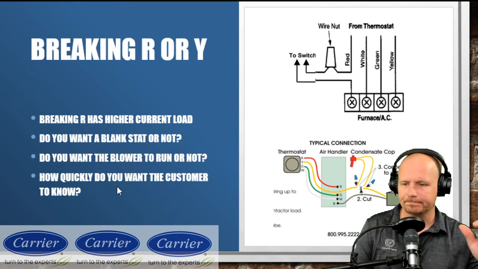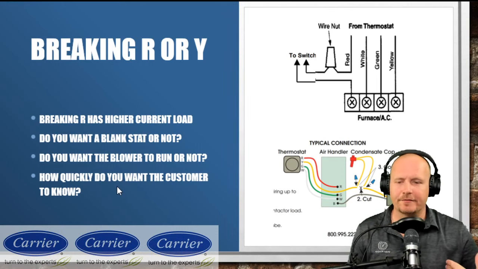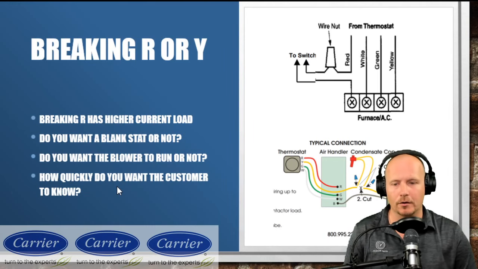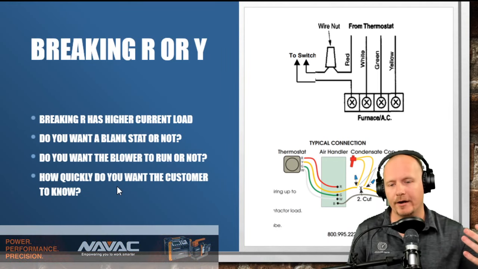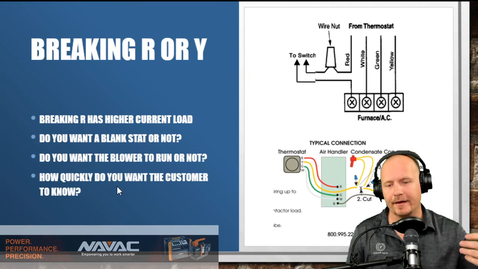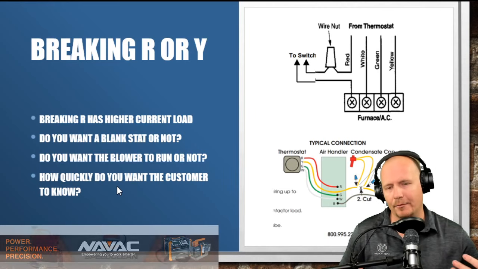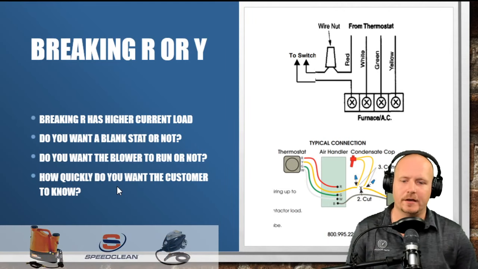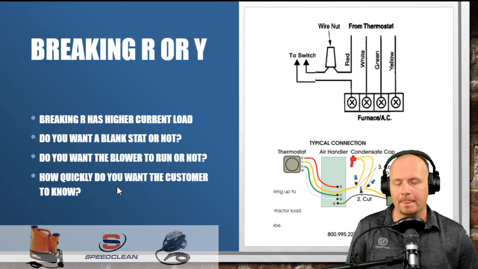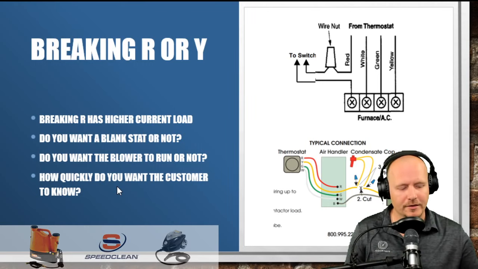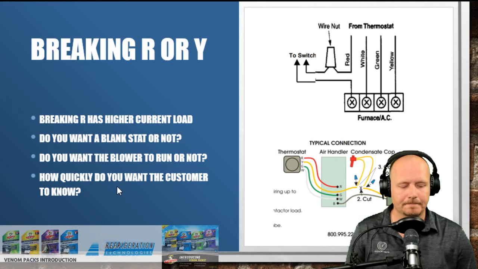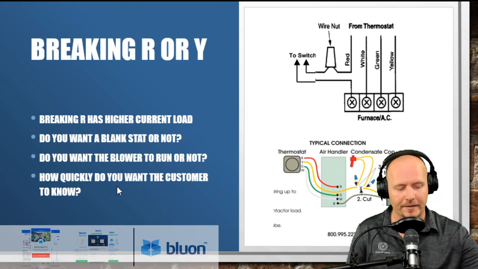All right, so my reasoning for breaking R is because I want the blower to go off. I don't want it re-evaporating that condensate that's in the drain pan and then potentially causing high humidity or having it keep doing that. I would rather it go off because I want the customer to know more quickly. That's all pretty straightforward. The decision making is pretty straightforward. The question then becomes, is there more to it? And there is actually more to it, and it goes to the first point that I just made here,